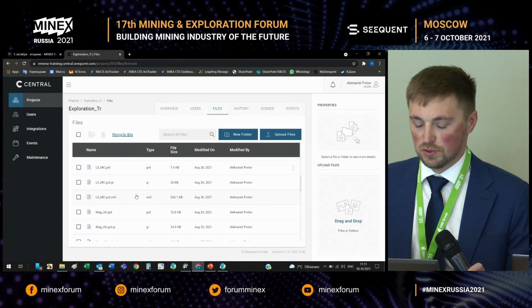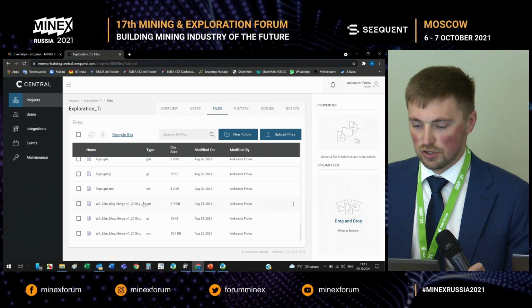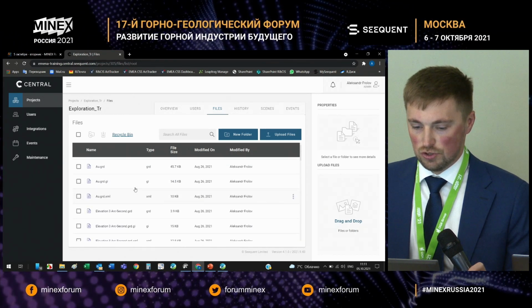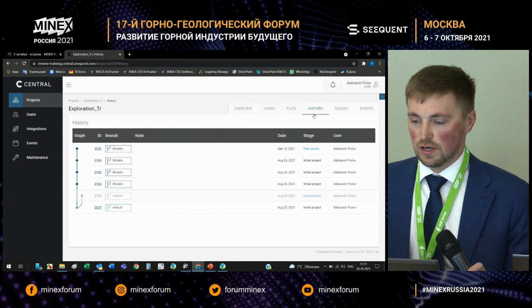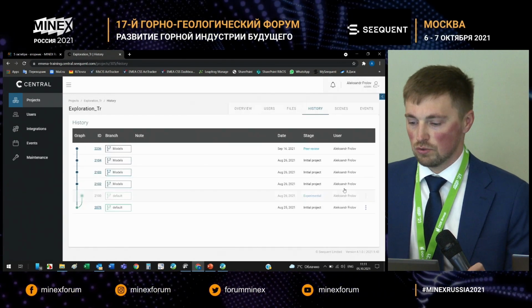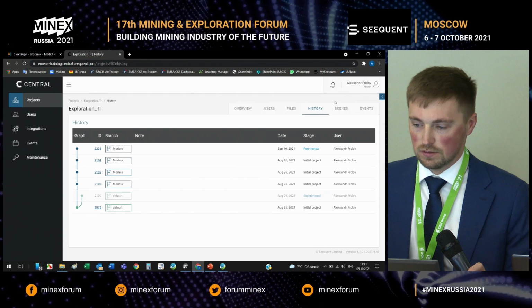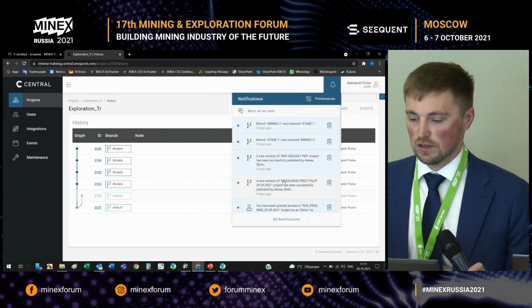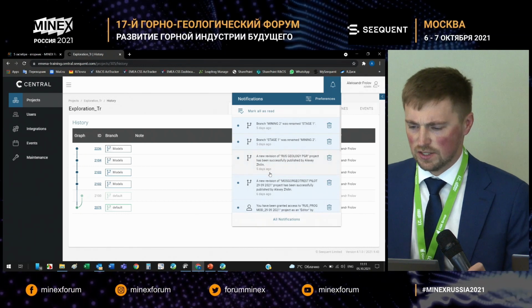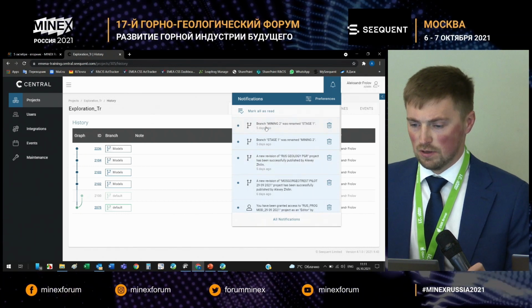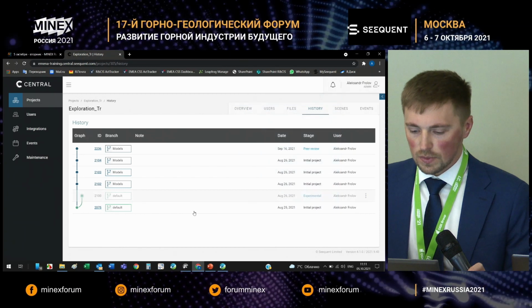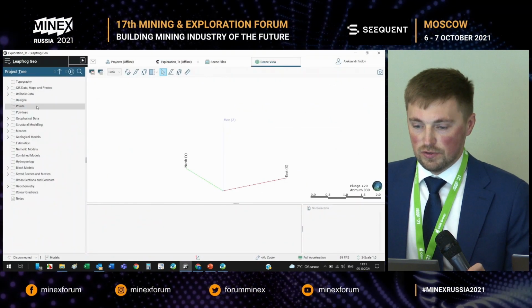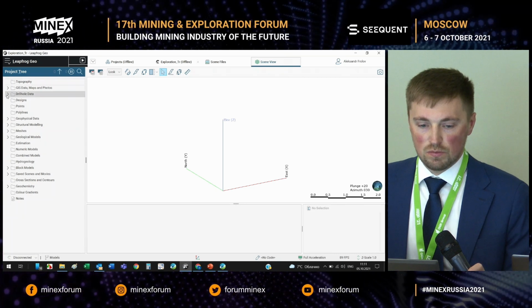Next, the data room. This is the storage area. The data room will include all information and data received from various solutions. You can download it again at any point in time. Then the history, that is the history of changes and users involved, and next we have notifications. Notifications will be sent whenever you have any change, no matter whether it's done by yourself or by someone else.